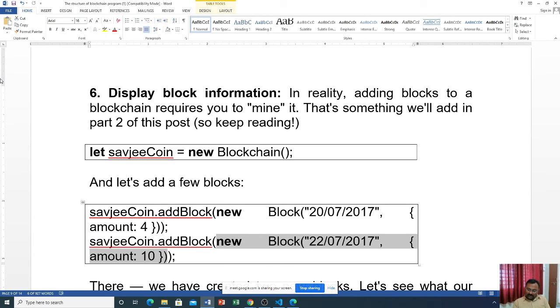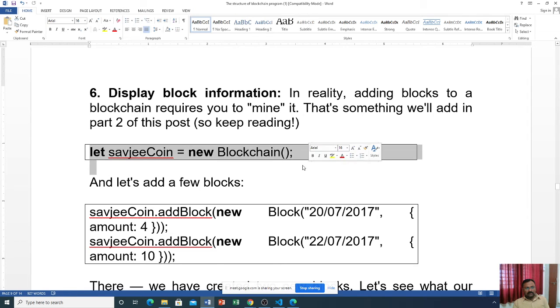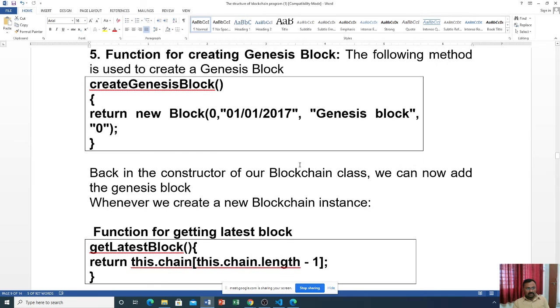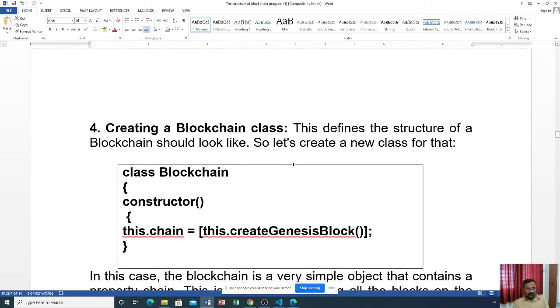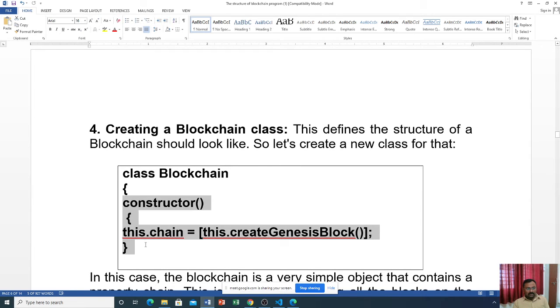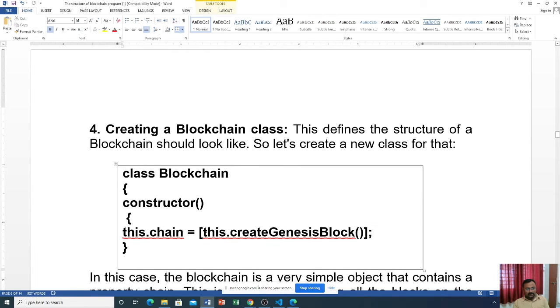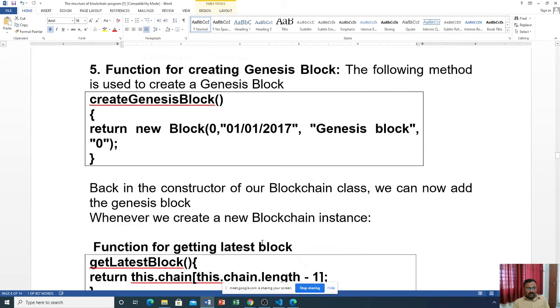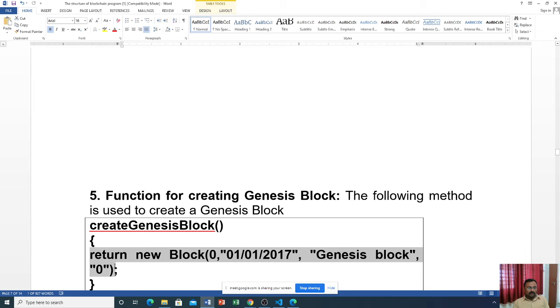You create the first block, the genesis block, using this statement. That statement calls the constructor, which calls this.createGenesisBlock. That function is called and creates one block, called the genesis block.